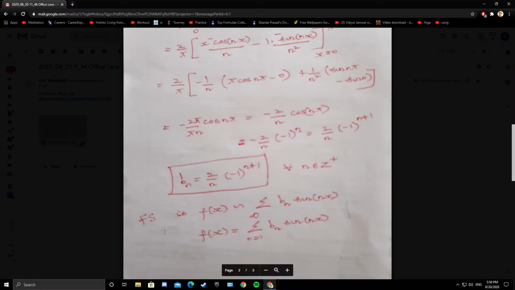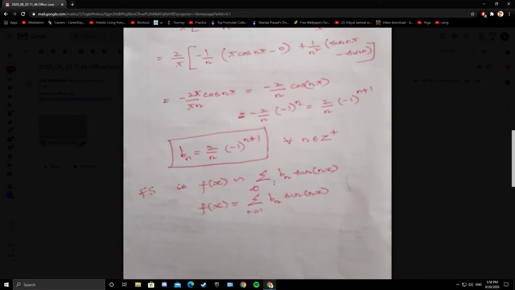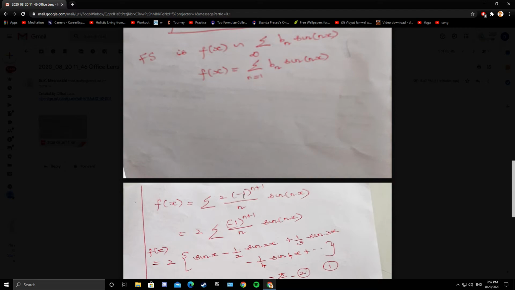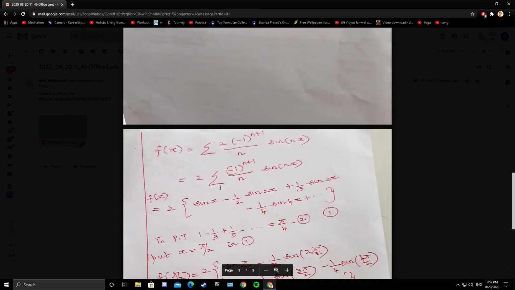Now thus the Fourier expansion of f of x is summation 1 to infinity Bn sine of nx. What is Bn? 2 into minus 1 whole power n plus 1 by n sine of nx. Take 2 out. So 2 times summation minus 1 whole power n plus 1 by n sine of nx. Expand the summation. Even if you don't write the limits of summation, it is understood that n varies from 1